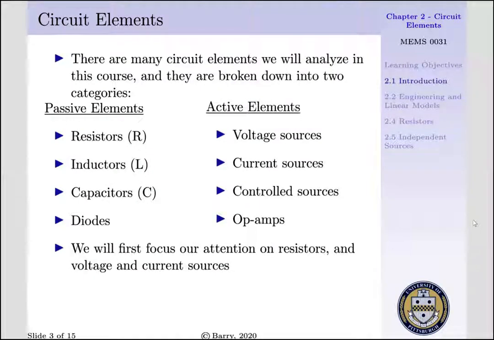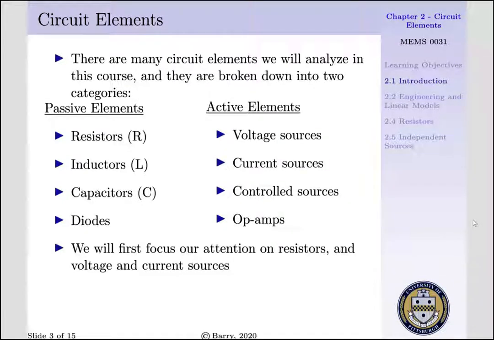In this course, we're going to analyze many circuit elements, and we need to break them down into two categories. The first category is passive elements. These elements can be thought of as either dissipating or storing energy. A resistor is going to dissipate energy in the form of heat. Inductors and capacitors are going to store energy in electromagnetic and electrostatic fields respectively, and diodes are going to control